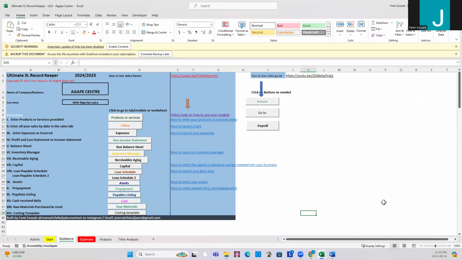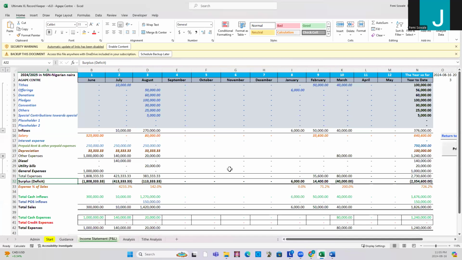Now let's go look at the income statement. When you look at the income statement, please note that the version I'm sending to you is going to be a clean version. This is just the one that I'm using for examples and tests. When you come to the income statement, you'll see the